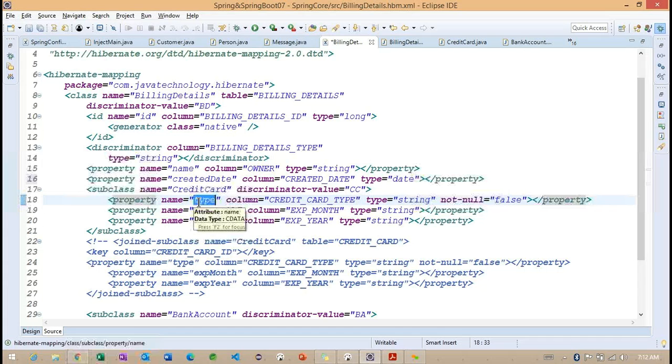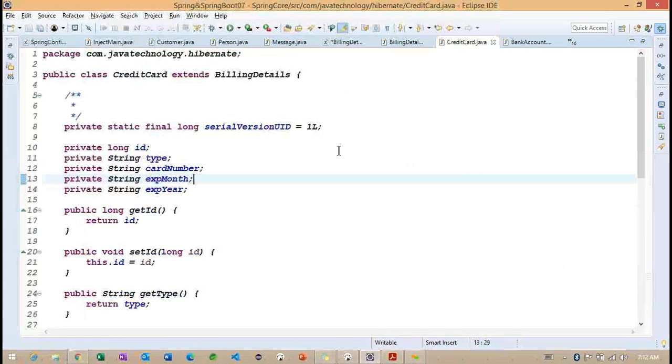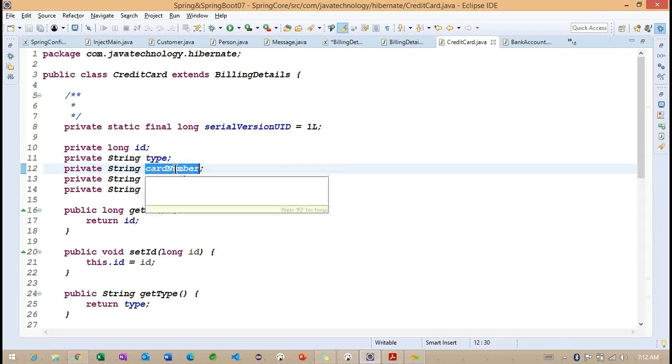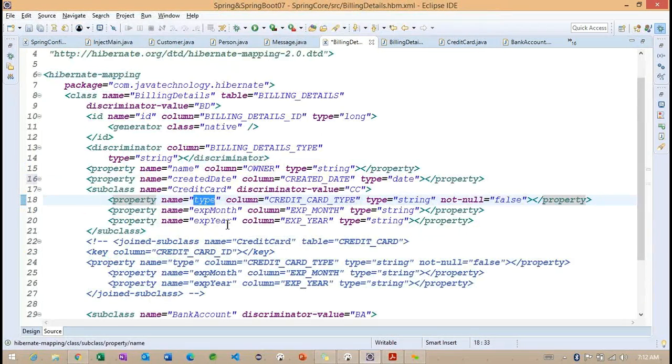So first one, type here. Right. So first one, we need to work on this particular type here. So later we have card number. Let me add this particular card number also.